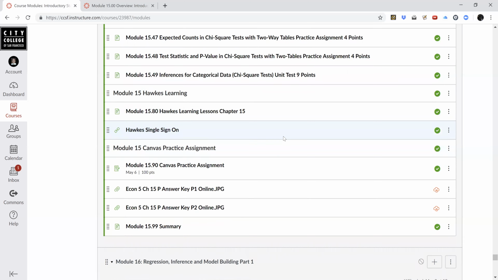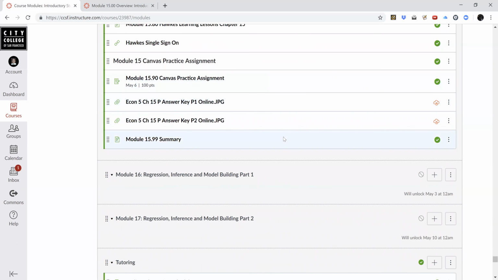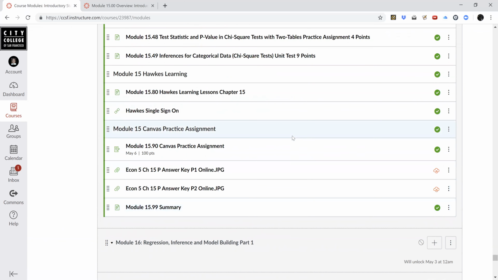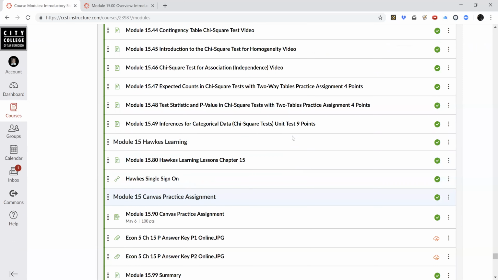The last 2 modules then that we're going to do are going to be related to regression analysis, which is one of the more important parts of statistics, and we've been building up to it all semester. So after we finish chi-squared, we'll be doing 2 modules, 16 and 17, on regression analysis. And those apply to quantitative variables as opposed to the chi-squared we're learning in this module, which apply to categorical variables. So be sure and post any questions that you might have on the discussion